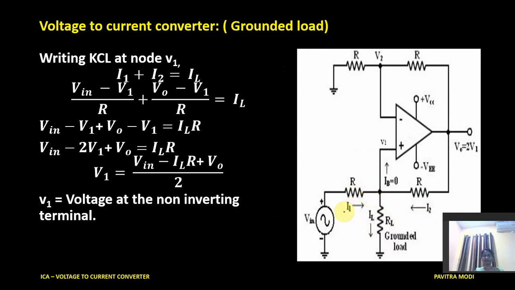Here, because of Vin, some I1 is going to be generated across R, and because of V0, I2 is generated, and these two are going to be added at this node and divided into two parts, IB and IL. But we can neglect IB because it is going to flow through the input resistance of the op-amp, which is said to be infinite. Therefore IB is equal to 0. Therefore I1 plus I2 are going to flow through RL, which is equal to IL. Therefore I2 plus I1 is equal to IL,